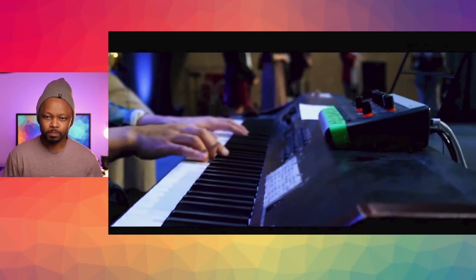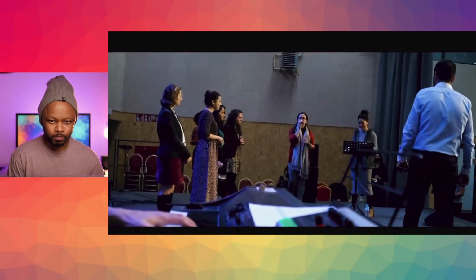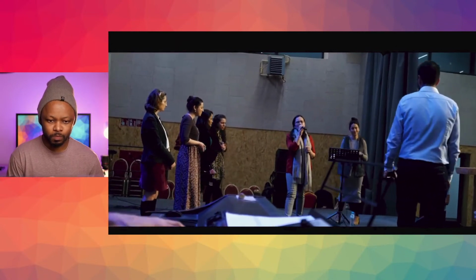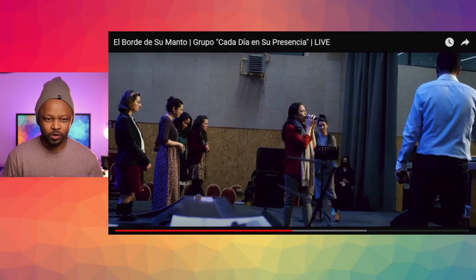Yo sé, si tan solo tocar el borde de su manto, si tan solo pudiera